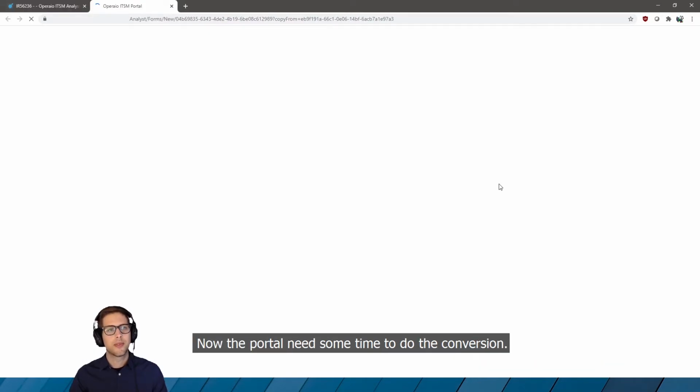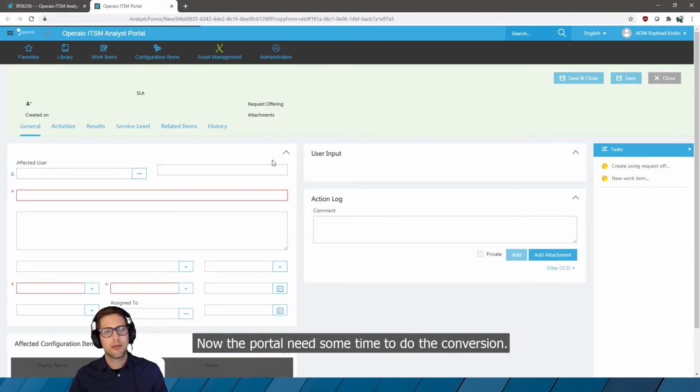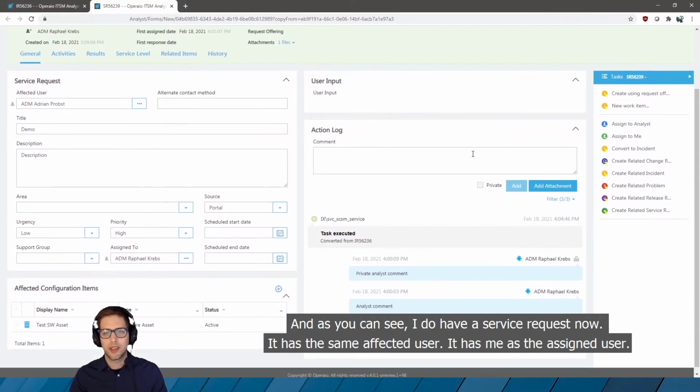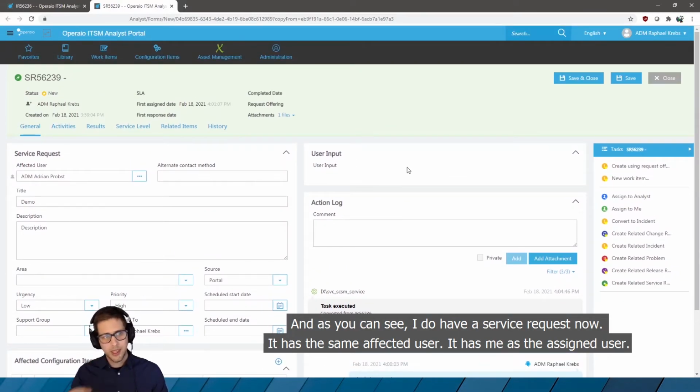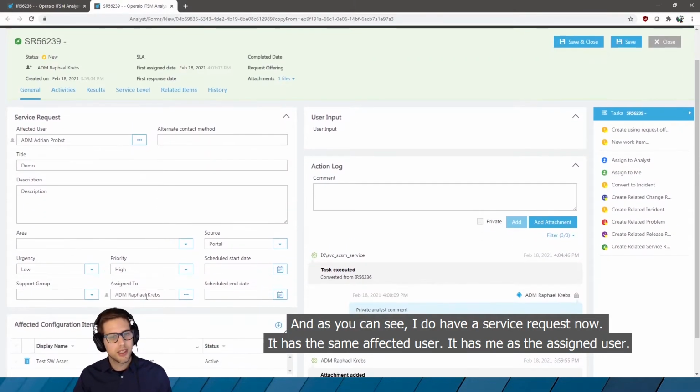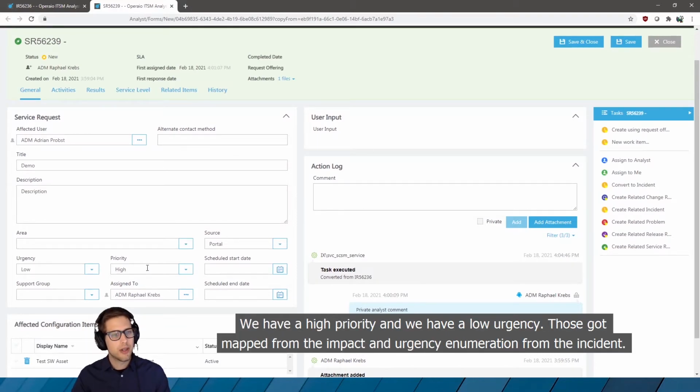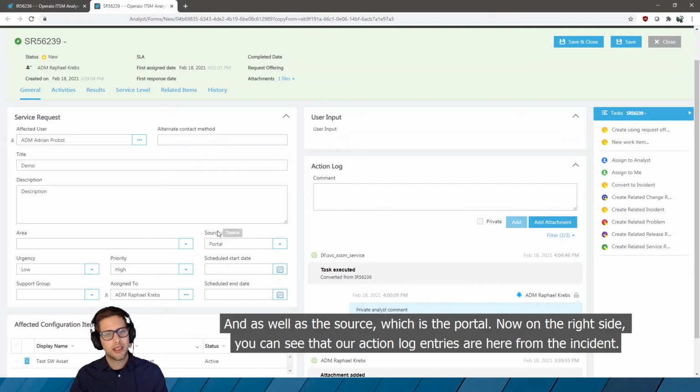Now the portal needs some time to do the conversion, and as you can see, I do have a service request now. It has the same affected user. It has me as the assigned user. We have a high priority and we have a low urgency. Those got mapped from the impact and urgency enumerations from the incident, and as well as the source, which is